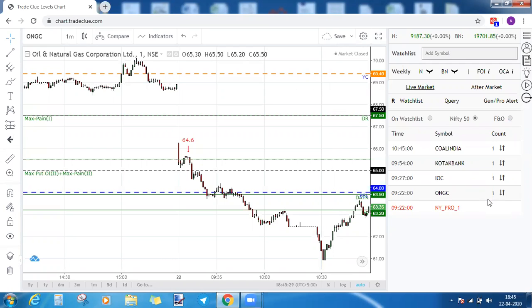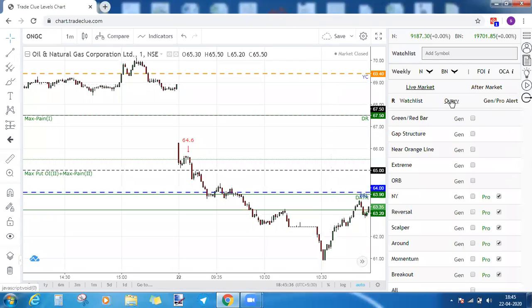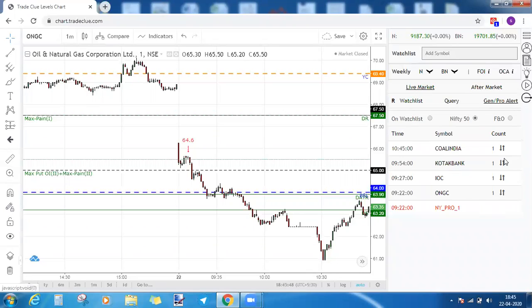Now to get these alerts after logging into TradeClue, what you need to do is click on Live Market and then click on Query. So choose all the Pro alerts which will be generated by the system. Check these boxes and then click on general or pro alert. Under these, whenever there is an alert, along with the time you will be getting it and under what